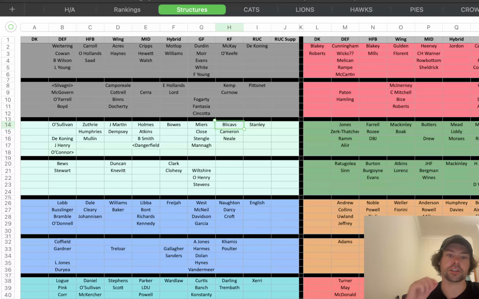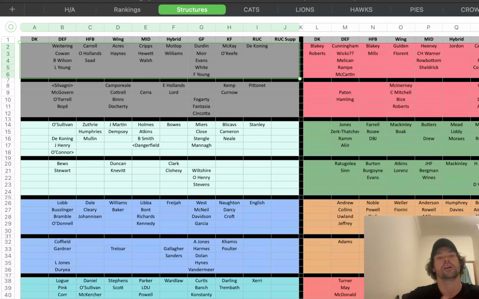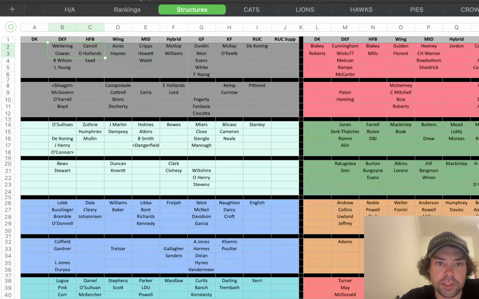That's right, I've got this structures page as well. So every week when teams are named, I've got the 22 from the previous week there. I swap in any players. I work out, this is, people might recognize this from T-Better back in the day. This is roughly how T-Better set up his team structure spreadsheets. And yeah, I just built something similar.